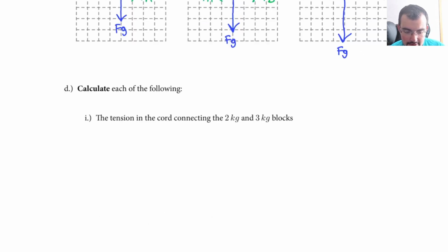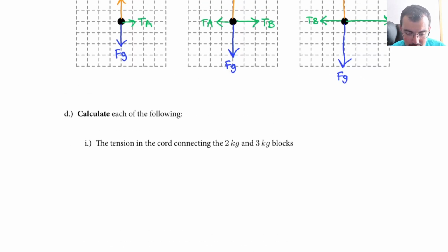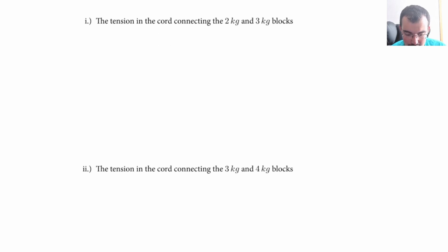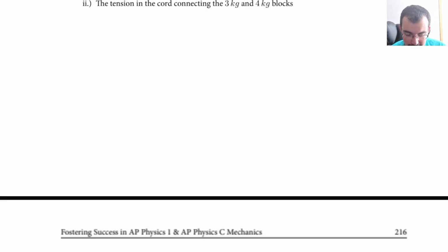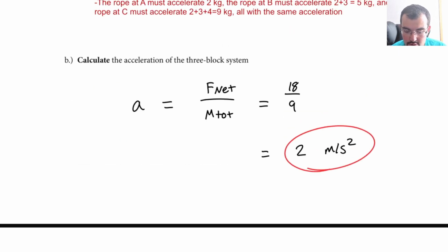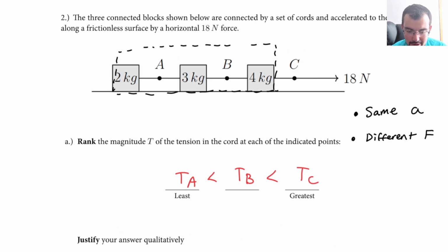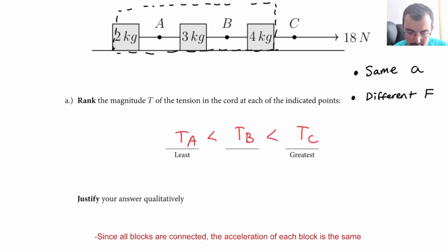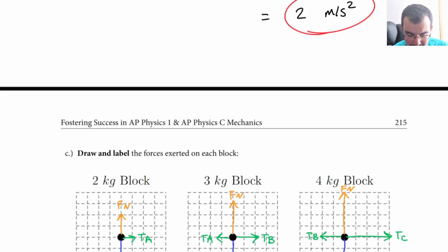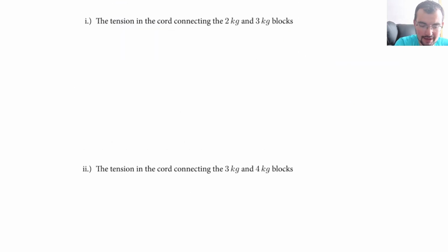Let's calculate everything. What is the tension connecting the 2 and 3 kilogram? What is the 3 and 4 kilogram? Okay, so here's where we'll just do some F net. If we want the tension between the 3 and the 4, we can pick our favorite mass to find F net on. So let's do